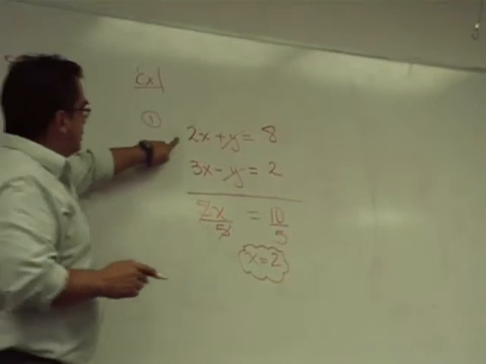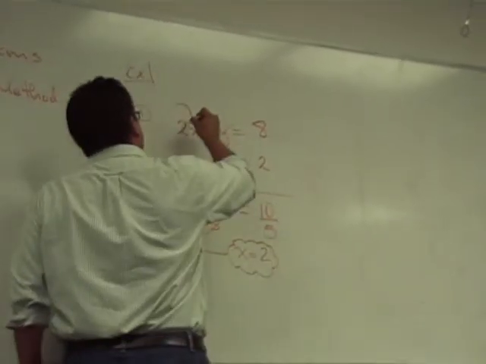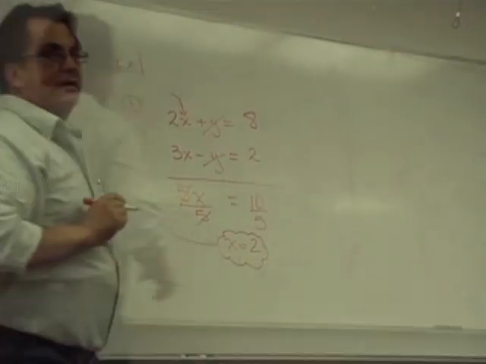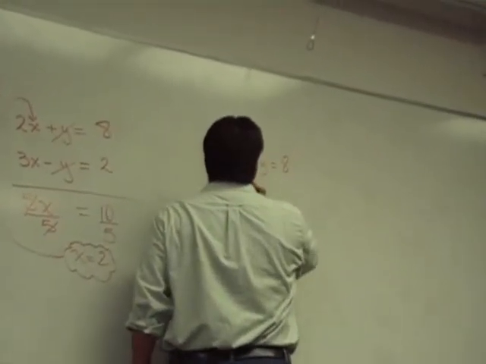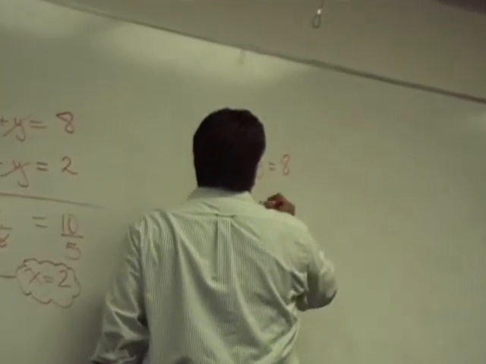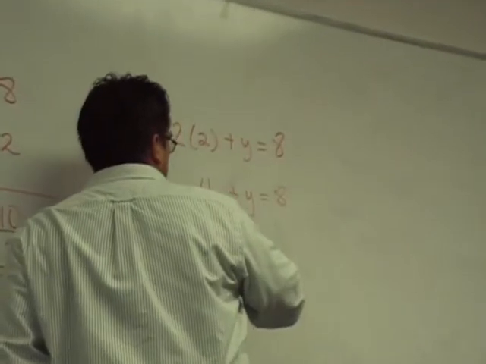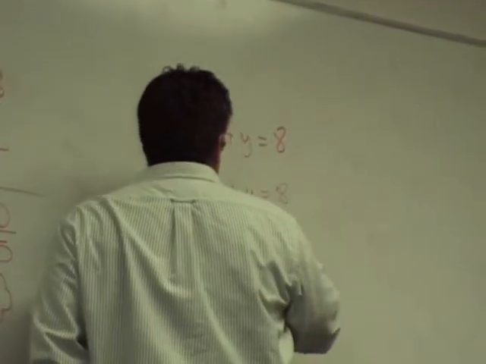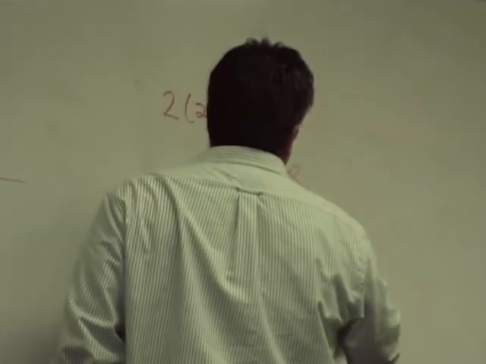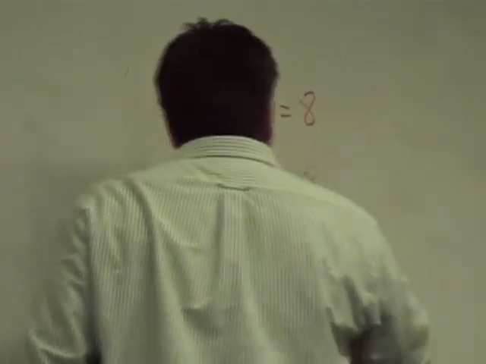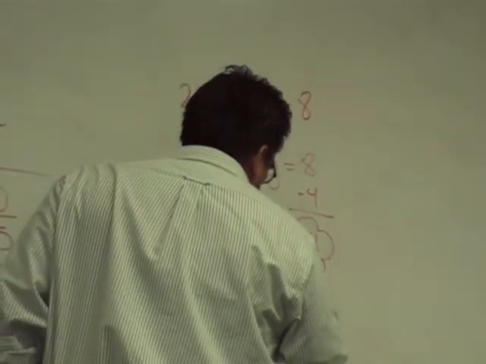I'm going to substitute in the top one here. I'm going to take x and plug it right in here. So I have 2 times 2 is 4 plus y equals 8. How do I solve for y? Minus 4. Minus 4. So now that I have found the x and the y value, I can express a solution to the system